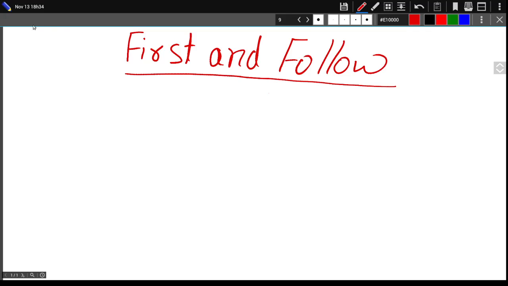So, for example, if you want to find first of a given symbol, say let me write first of alpha. So you will have to follow some rules, very simple 3 rules, and you will try to see and understand that it will be very easy to find this first and follow of a given symbol. Now the first rule will say that if the given alpha is actually